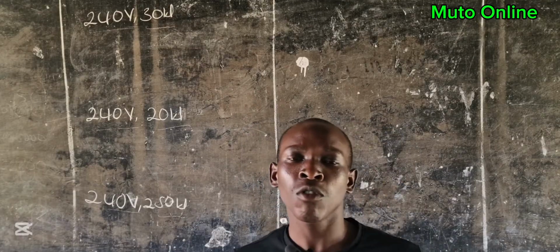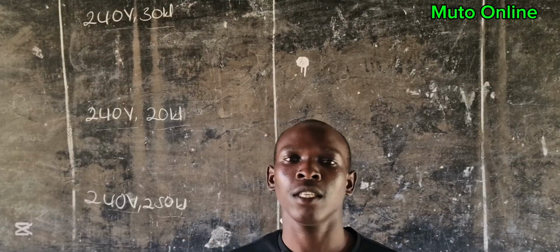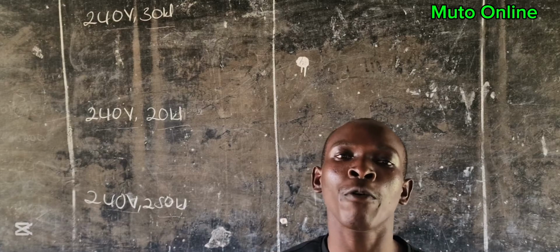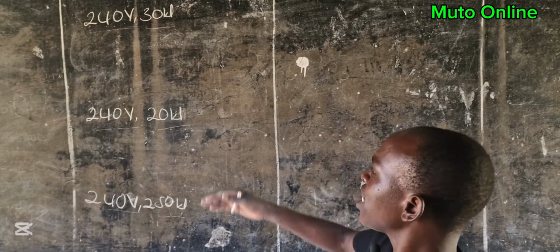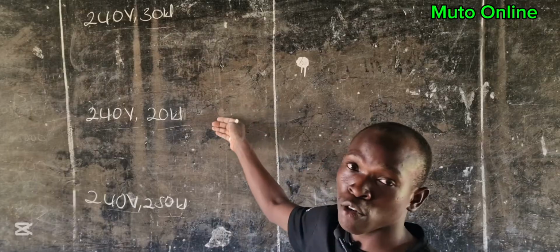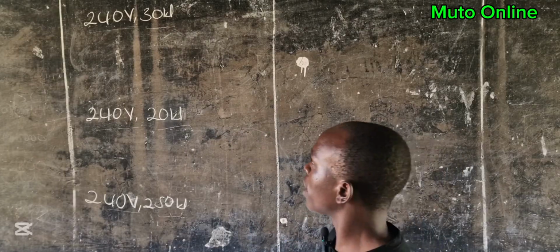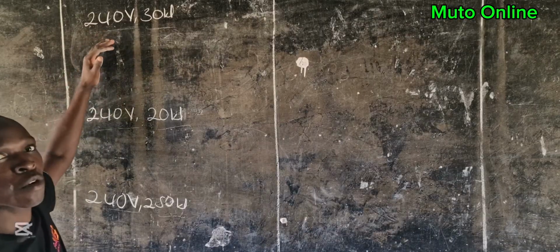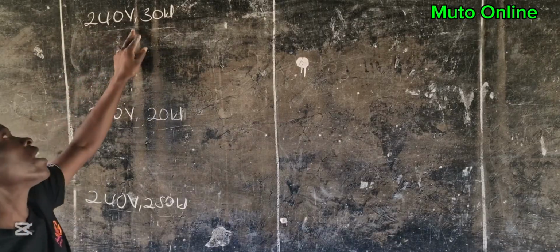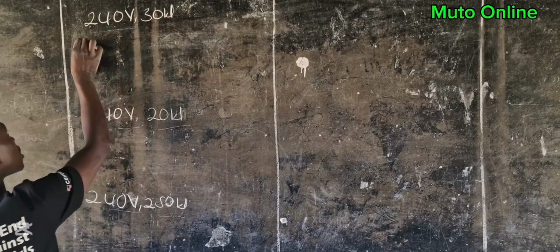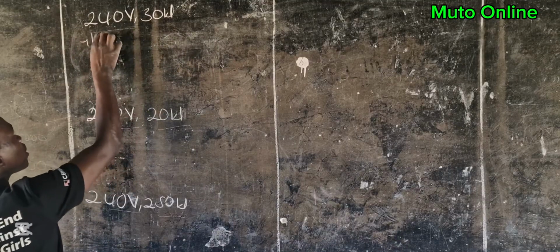Each bulb consumes differently, depending on how it is rated. These bulbs that the parents approached you with, they each consume differently. Now, to begin with the first parent who came with a bulb rated 240 V and then 30 watts, this rating means